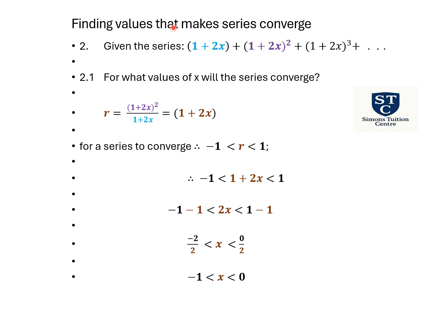Right, find the values that make the series converge. So given the series, you see there we have variables 2x, 2x, 2x. So we have (1 + 2x) plus (1 + 2x)² plus (1 + 2x)³ plus etc. Now, when they ask for what values of x will the series converge,